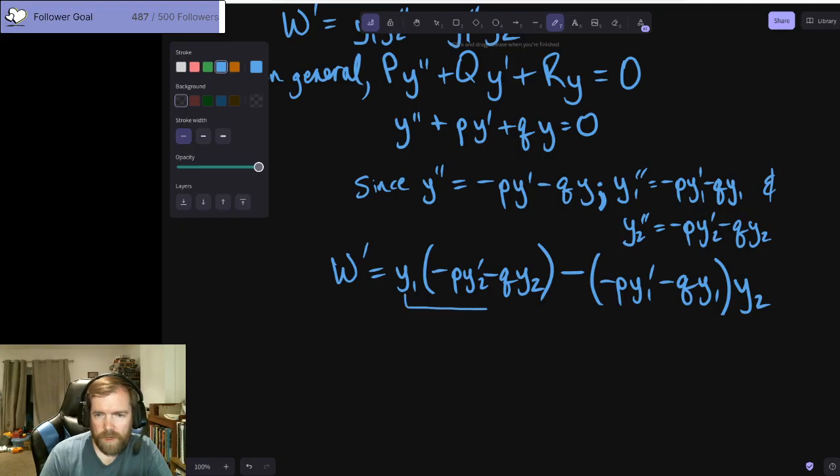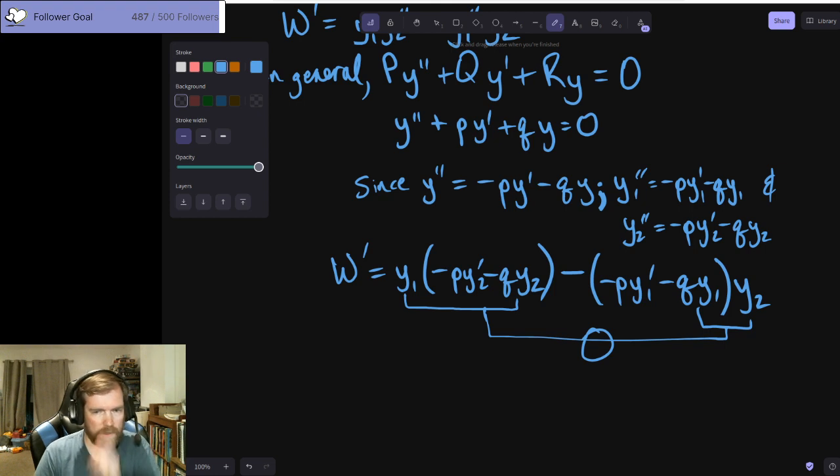The y1, y2 terms here and here end up having opposite signs, and so they combine to be 0. So Wronskian prime is equal to negative p y1 y2 prime